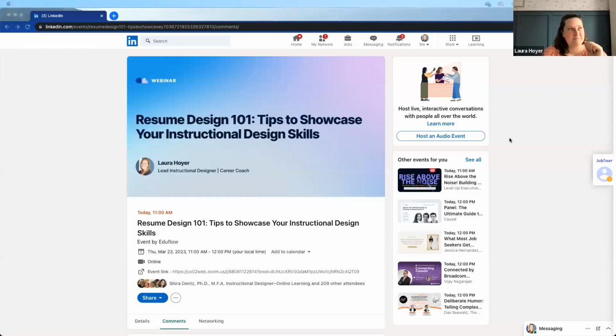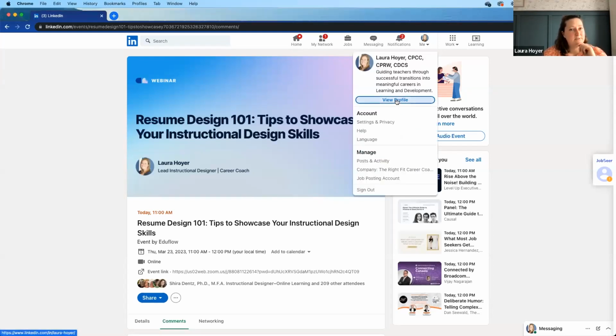On LinkedIn, there are a couple places that you can put it, and you can put it in all of the places. That's totally fine. But there is a space underneath your name. I think I can actually pull it up so I can show you what I mean, because it gets a little complicated to describe without being able to see it. Okay, let me share. Okay. So on your profile on LinkedIn,